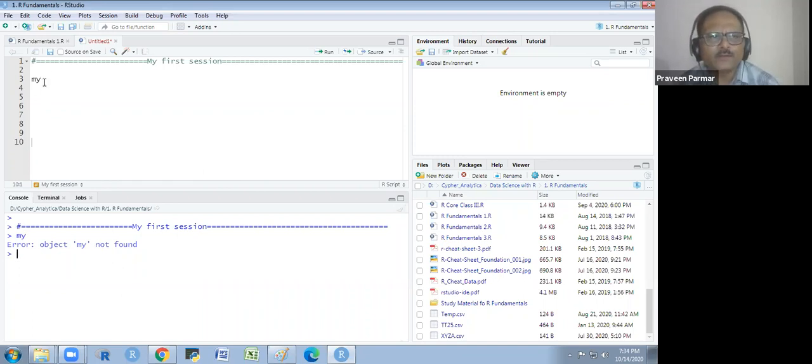And if I write something else like 'you' and I run this, I have to use this button, or I could use Control Enter. Write down this shortcut key, Control Enter, and it will run. You put the cursor somewhere in the line and you use Control Enter.